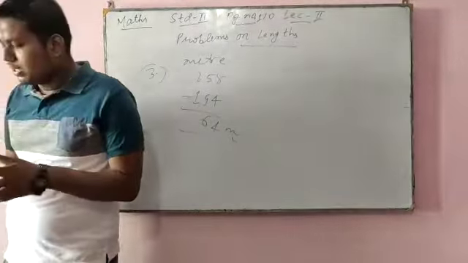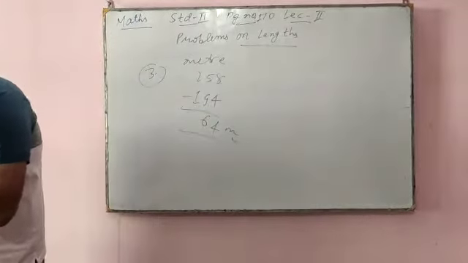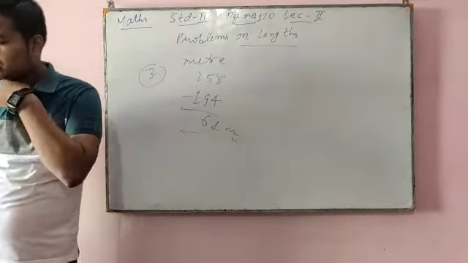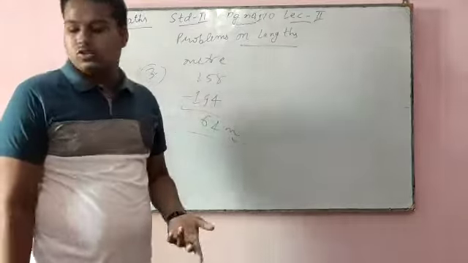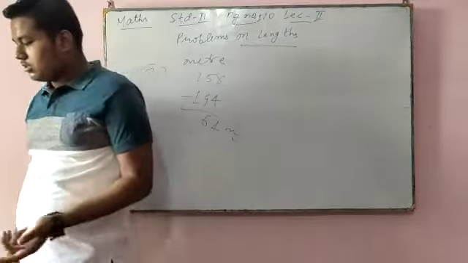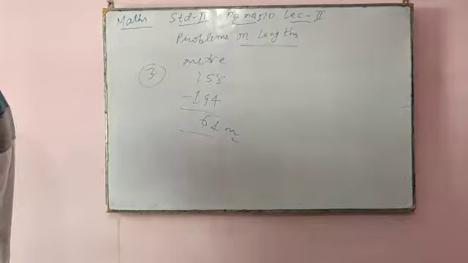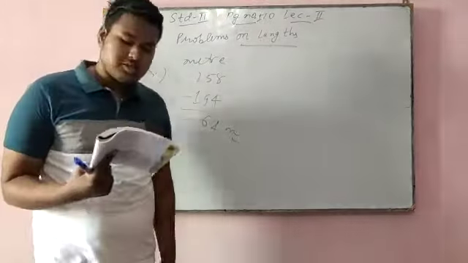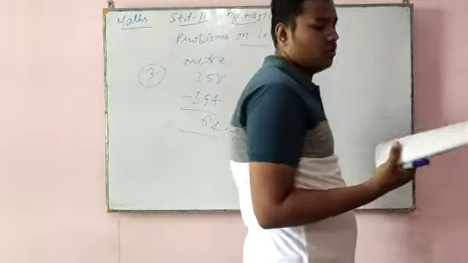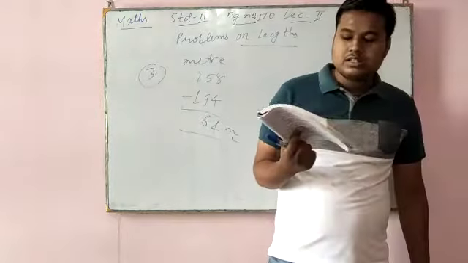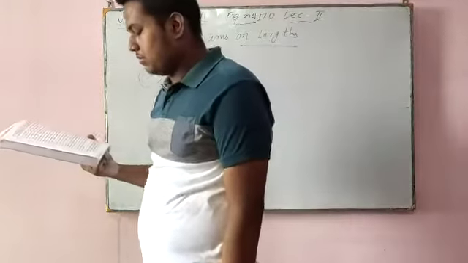4. Subhas has 800 meter of cloth in his shop. He sells 381 meter in a week. How much cloth is left now? So this is also subtraction. 5. A goods train is 157 meter long and the passenger train is 89 meter long. Which train is longer? So this is also subtraction. In this, addition and subtraction are mixed.